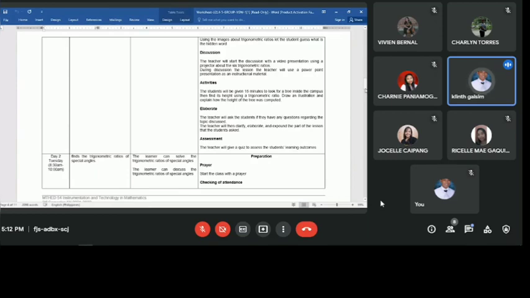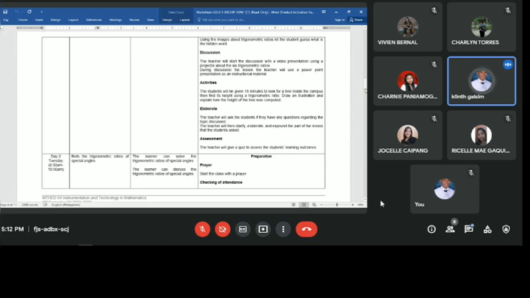Find its height using a trigonometric ratio, and then draw an illustration and explain how the height of the tree was computed. And then the teacher will elaborate the discussion and will ask the students if they have any questions regarding the topic discussed, and the teacher will then clarify, elaborate, and expound the part of the lesson that the students ask. And lastly, for the assessment, the teacher will give a quiz to assess the students' learning outcomes, and